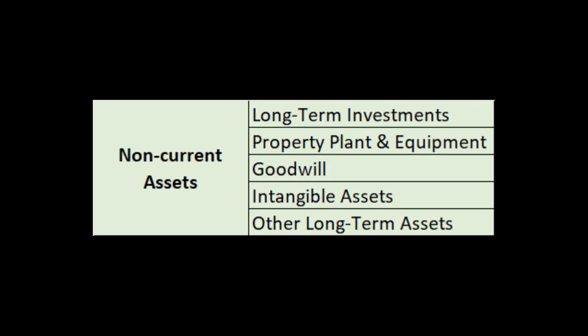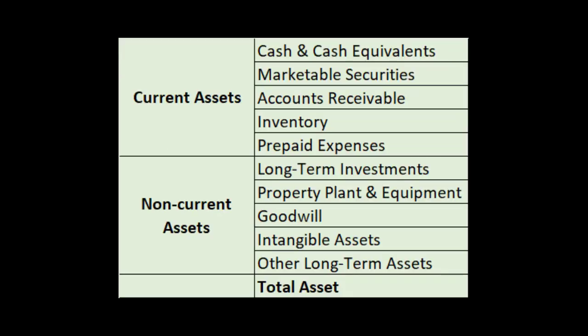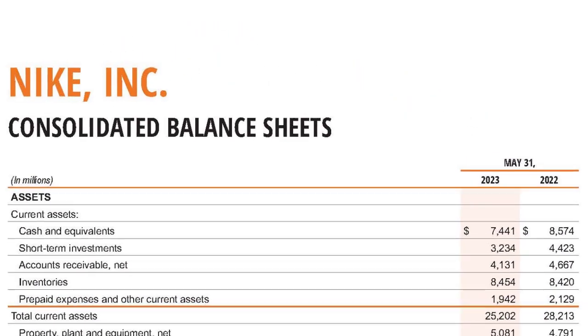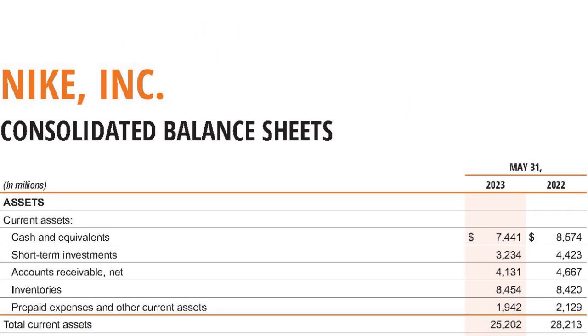Add up all the non-current assets and you get your total non-current assets. Add up the total current assets and the total non-current assets and you get your total assets. Let's take a look at Nike's balance sheet. Here we have Nike's balance sheet as of 31st of May 2023. As you can see, the current assets are listed at the top. We have cash and equivalents, short-term investments, this is another name for marketable securities, accounts receivable, inventories, prepaid expenses, and